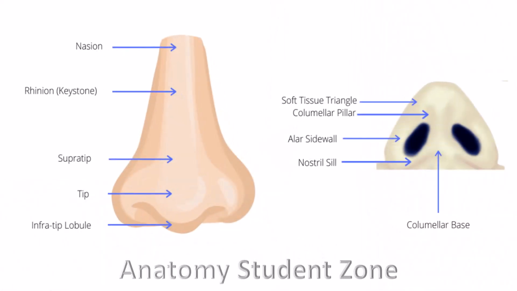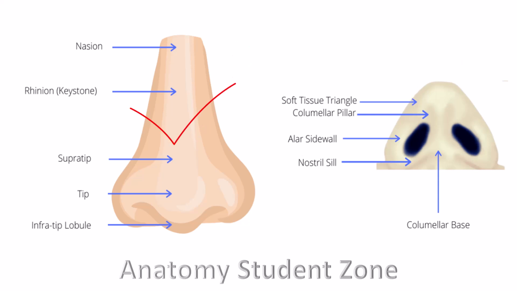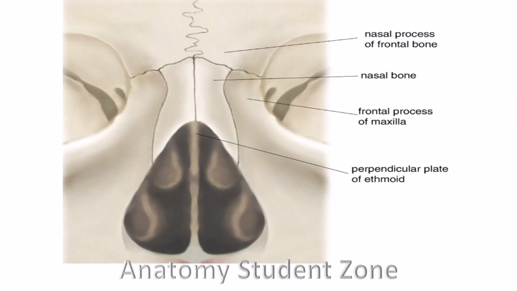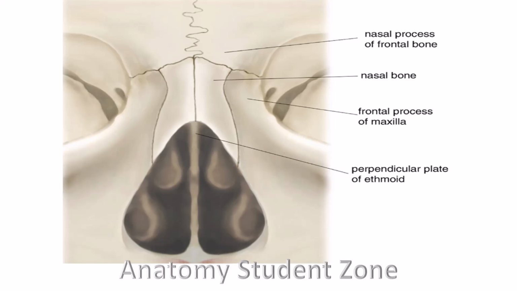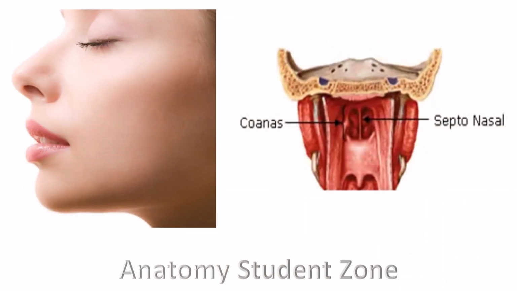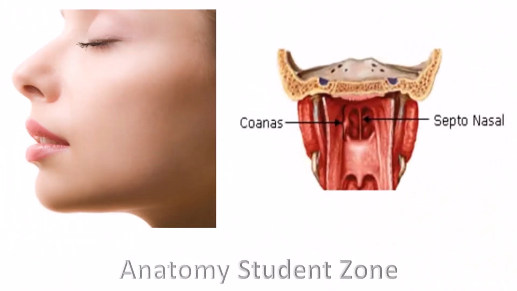As we know, the nose is divided into the external nose and the internal nose or nasal cavity proper. The external nose I have already covered, and the nasal cavity proper that I will cover today is also known as the nasal fossa. The nasal cavity is divided into right and left cavities by means of the nasal septum. These right and left nasal cavities open anteriorly to the face through the two nares, and posteriorly these cavities communicate with the nasopharynx by means of two apertures that we name the choanae.